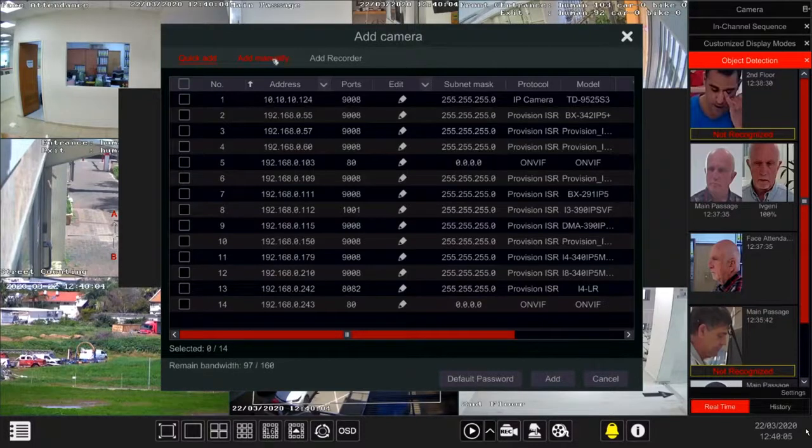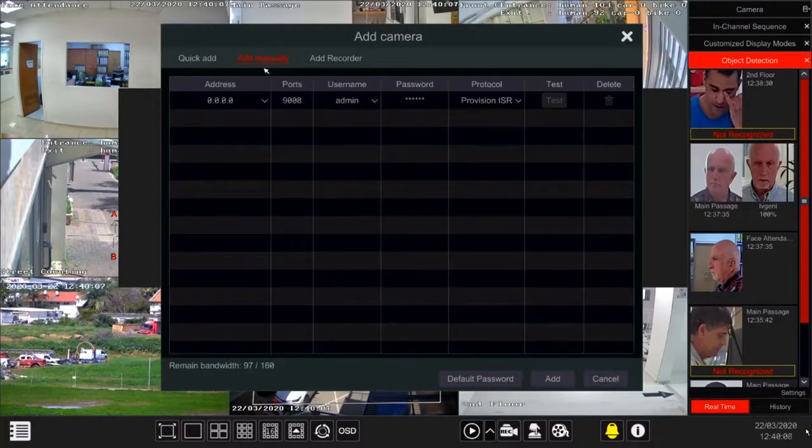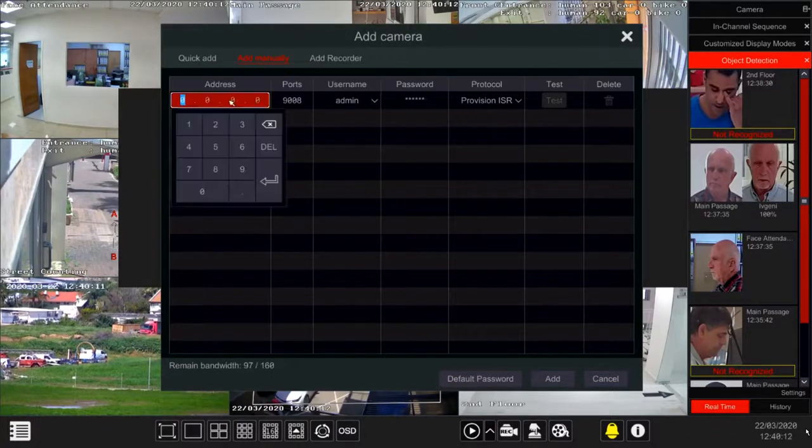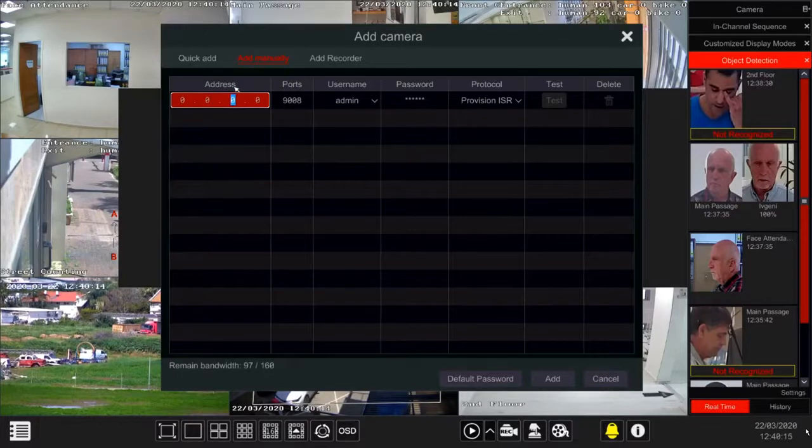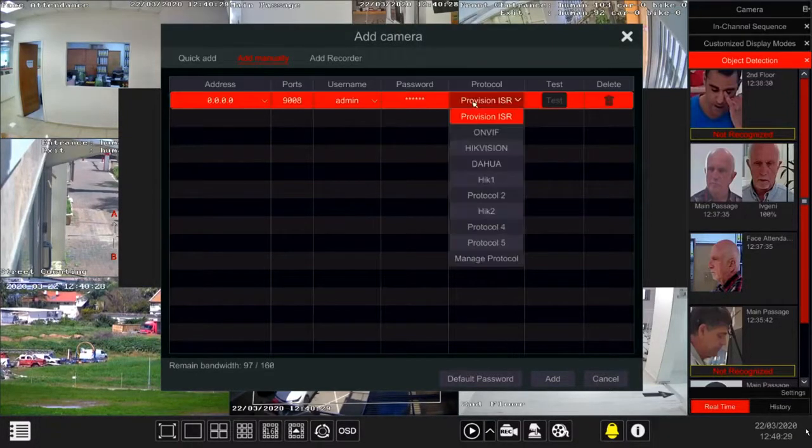I hope for those other systems. And also I have add manually. So basically I can add a local system, a local camera. Of course, I can add it even if it is a remote camera by applying the dynamic IP that these cameras have. I have also the opportunity to choose protocol, because since we have integrations with all of the other companies, we can add a camera even if it is Hikvision or Dahua. We can pick this protocol, and we can have much more control over that camera instead of just using ONVIF,